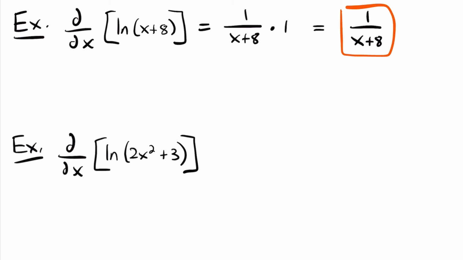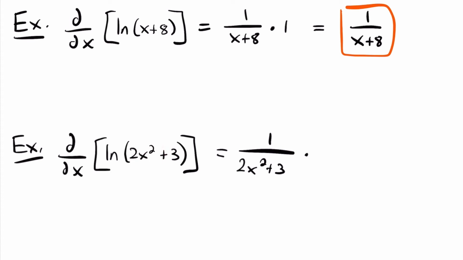Okay, and so then if we look at our next example here, we have the derivative of the natural log of 2x squared plus 3. And so our first step to finding this derivative is that it's going to be equal to 1 divided by whatever is inside our natural log function. And so we're going to have 2x squared plus 3, and then we're going to multiply by the derivative of